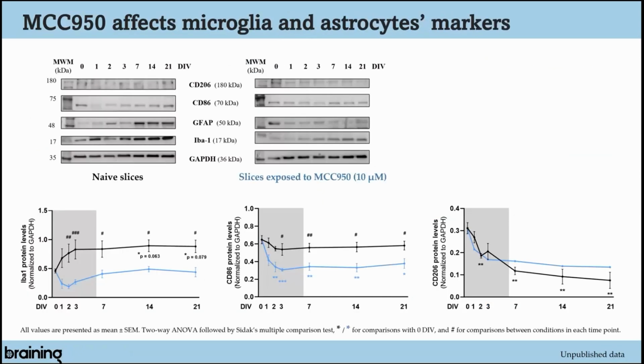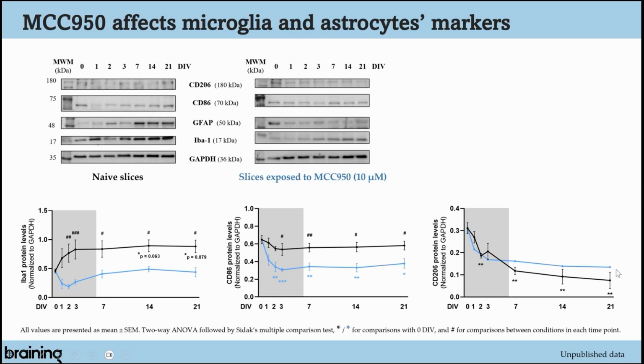We went on with the study and decided to look at glial cells, and realized that there was a decrease in the marker for microglia, IBA1. It was quite decreased since the beginning of the culture. After 24 hours of having MCC in the culture medium, there was a decrease that is sustained over time. The same for CD86, which is the marker for M1 microglia. And regarding the marker for M2 microglia, CD206, it seems that there's a tendency for higher levels of this marker in